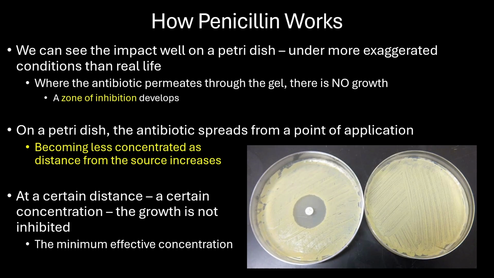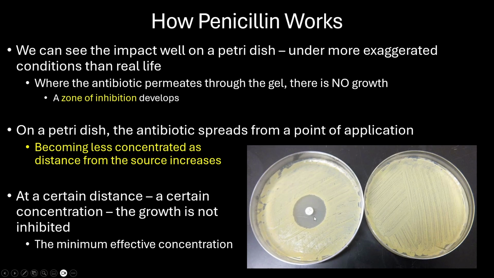The human body is not just a literal petri dish, but we can see what this looks like in a perfect system. Here we have antibiotic that we administer to the site, and it permeates through this gel. And so bacteria that grow on that gel are being exposed to that antibiotic, and there is no growth. Any bacteria that establish there die out. This is what we call a zone of inhibition as it forms. It is a dead space that exists, a no man's land,